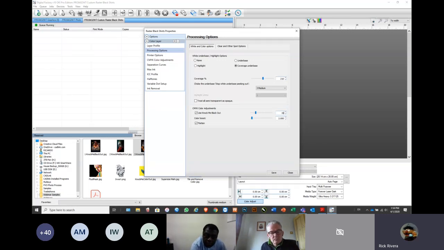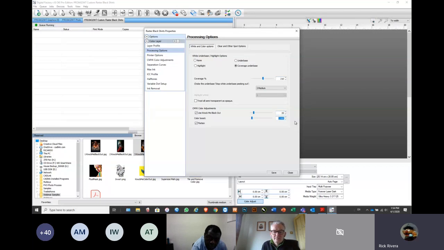As they go from white being opaque to black being nothing or a large hole, it changes the hole size as you go. Typically what I've found is between 35 and 40 is a good number to go with,